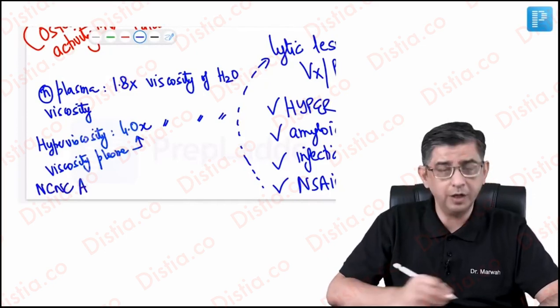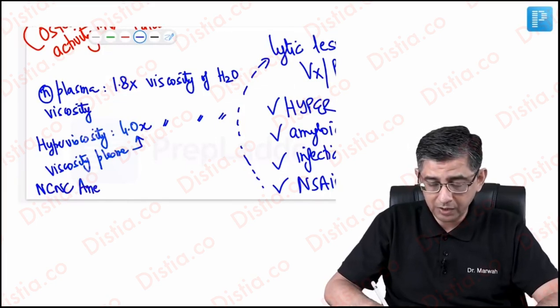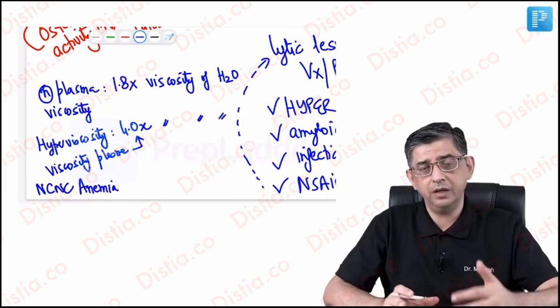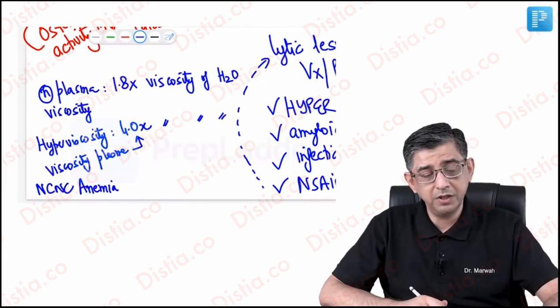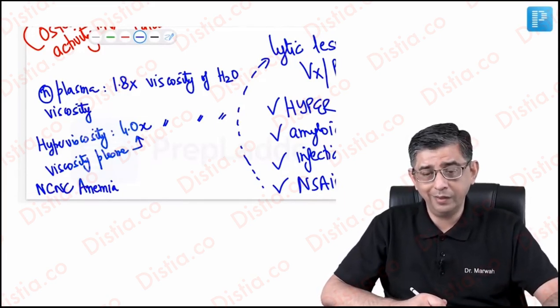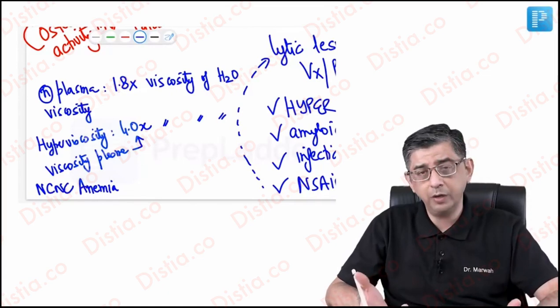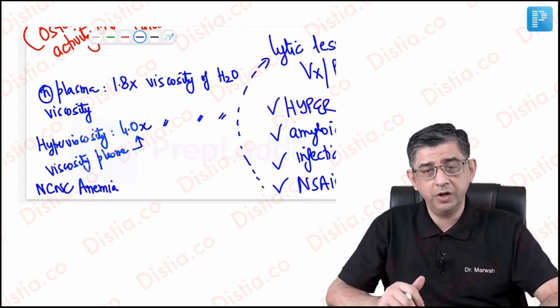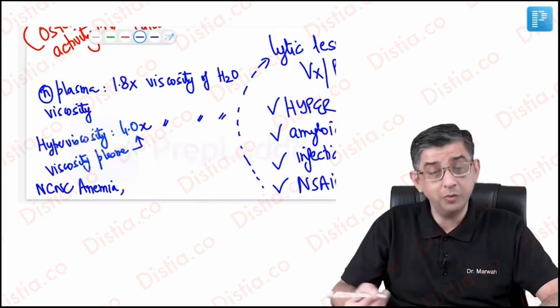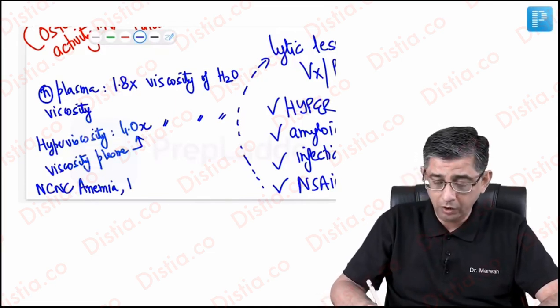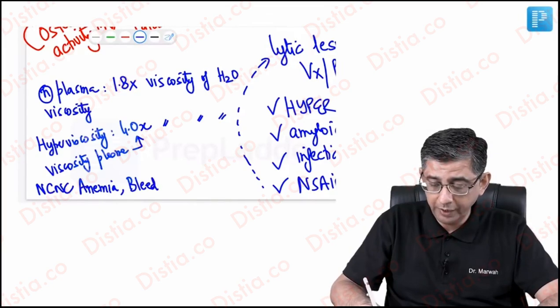Now let's look at why that is happening. You see, what's happening is that the plasma cells are multiplying again and again and again. So if the plasma cells will colonize the bone marrow, then other cells in the bone marrow like normoblasts will not be having a sufficient amount of space and nutrition to multiply. So there would be an anemia component coming up. So we call it normocytic normochromic anemia. Along with this, you can also be having bleeding in these patients.